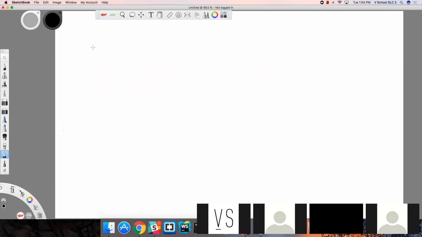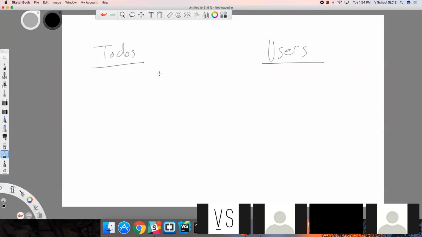Let's go back to our to-dos. So to-dos and users, what kind of relationship might this be? One to many. I could see it being one to many because each to-do has one user probably that it's associated with, and each user probably has many to-dos. Now, if you've ever used something like Wunderlist or the Apple reminders